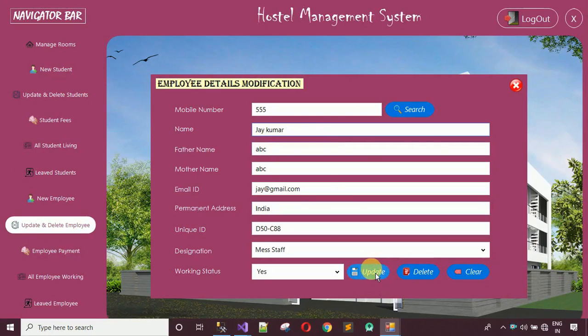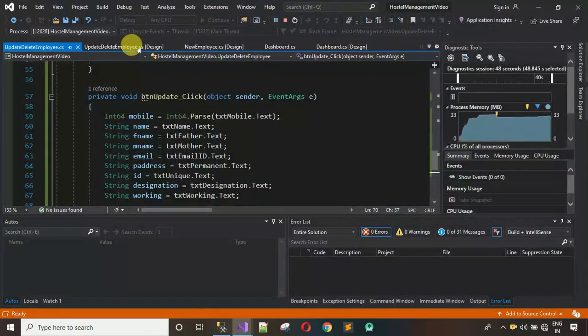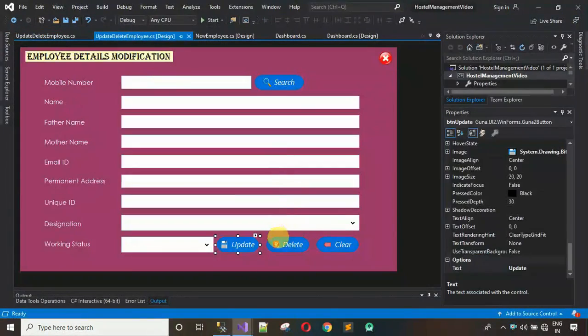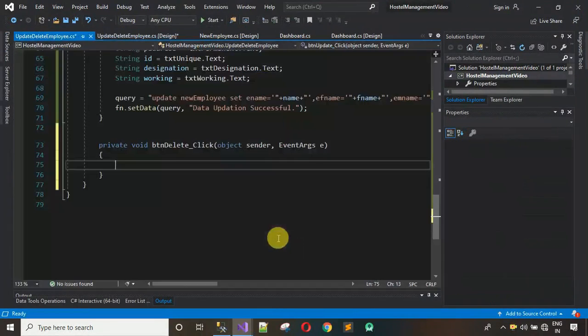Next thing we have to do is code for this delete button. What I want is when I click on this delete button, it asks for user confirmation: are you sure you want to delete. If the user presses yes, then only the data needs to be deleted, and else we don't need to delete that. So let me close this, move back over here, just double click on this to generate a click event for btn delete. Okay, so first thing, how to ask the user